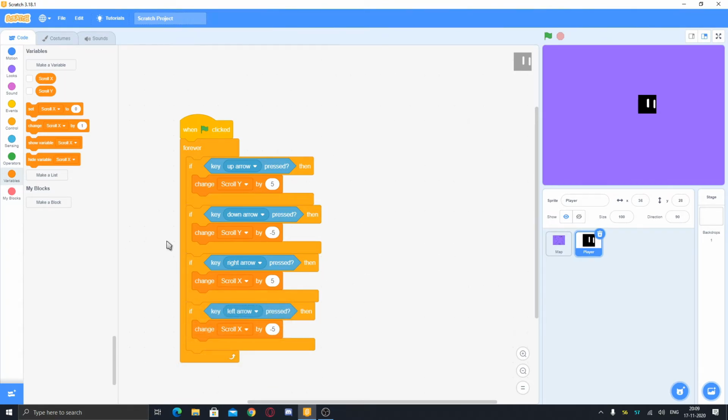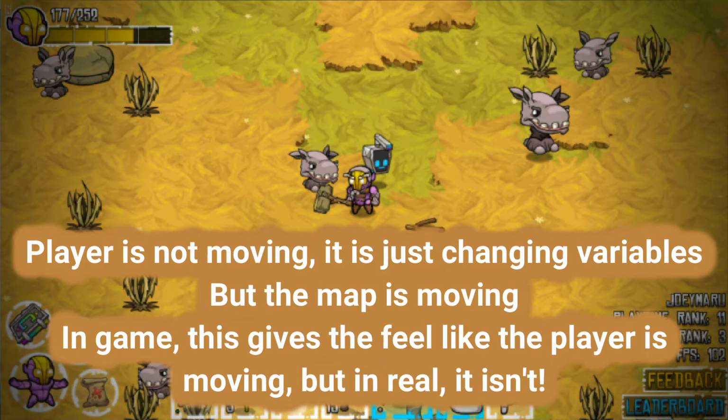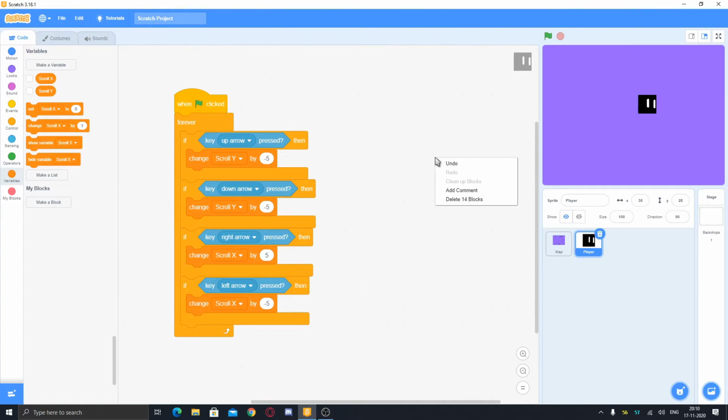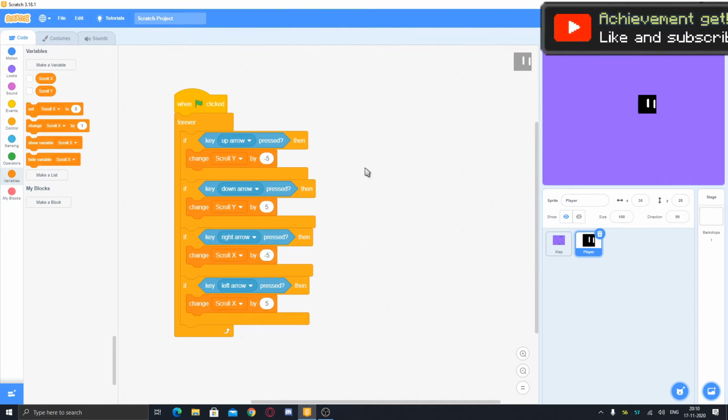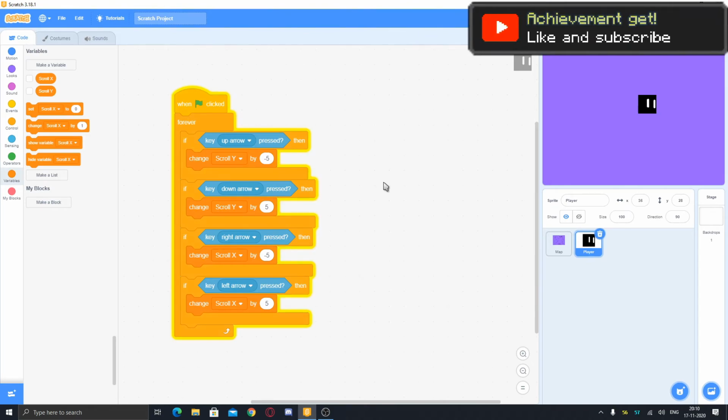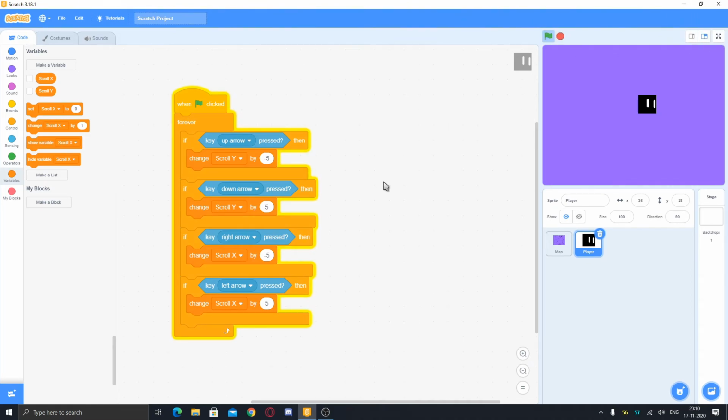So this can be wrong in some ways, as scroll x is the opposite value. So if we want to go right, we will instead decrease it like -5. So it will make the background go left. So it will seem like we are going right. So we can just swap the values, -5 and then 5. So now this should work. So let's see. So here you can see we can now move.